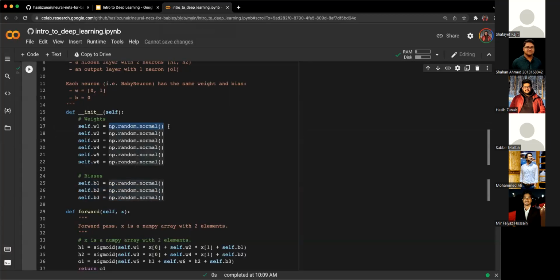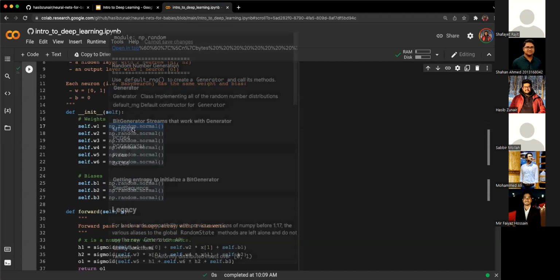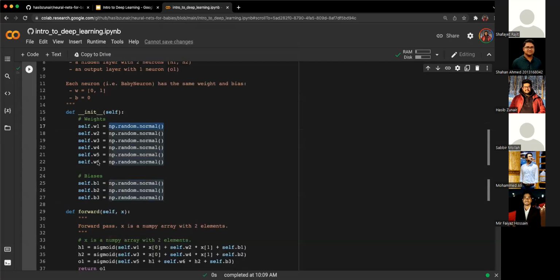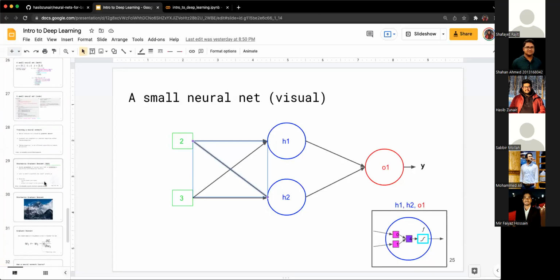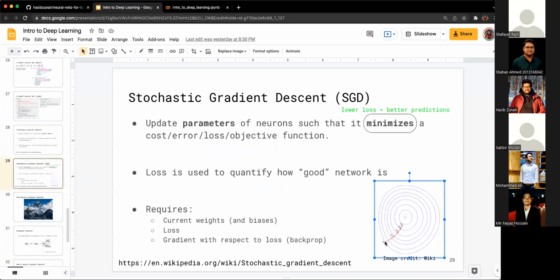Now we're using this numpy operation over here, which is np.random.normal, which is simply initializing it with a random number. We want W1 all the way to W6 and B1 to B3 to be random numbers. This is what I mean when we're initializing the weights of a network. If you see this one, where's gradient descent? If you see this one, we start off at random from somewhere, and then we want to iteratively go to our desired point, right? We want the network to be good after a certain number of iterations.